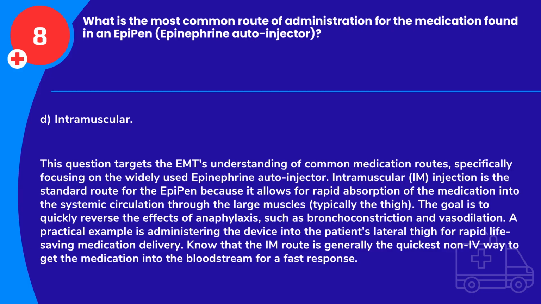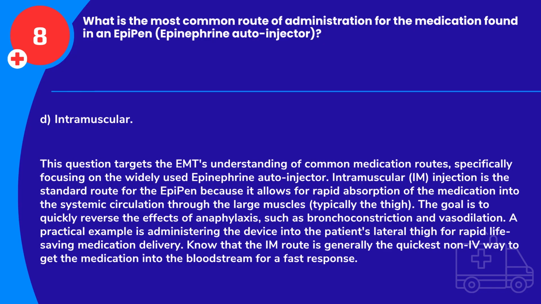The goal is to quickly reverse the effects of anaphylaxis, such as bronchoconstriction and vasodilation. A practical example is administering the device into the patient's lateral thigh for rapid, life-saving medication delivery. Know that the IM route is generally the quickest non-IV way to get the medication into the bloodstream for a